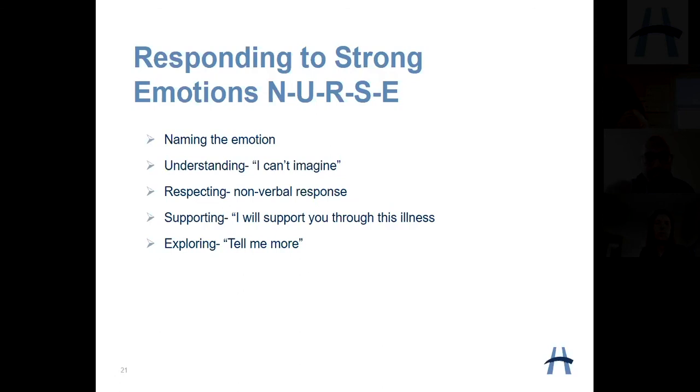The R is respecting their nonverbal response. This can be as simple as silence. If it's possible for you, you can use physical touch. But again, you want to gauge if the patient is okay with that. Okay. Then move on to supporting statements, such as